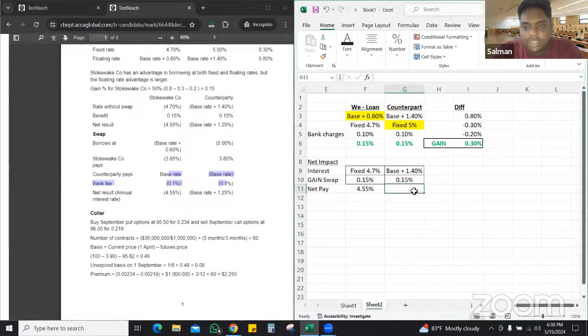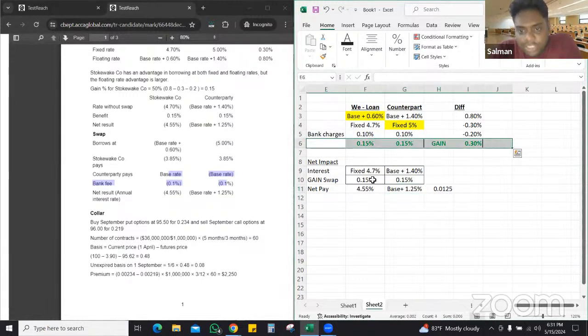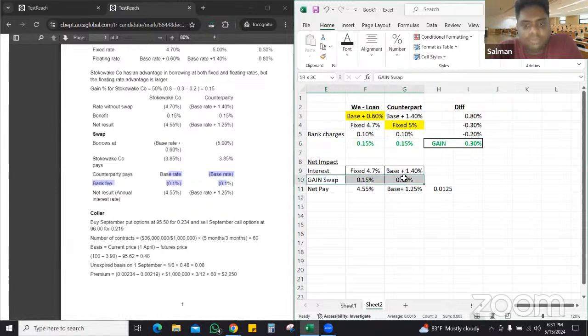Counterparty. Earlier, they paid base rate plus 1.4%, and now they are saving 0.15%. So now their expense will be base rate plus 1.25%. So this will be the net impact. Okay, so they say they want the answer in percentages. We computed the gain percentage, which is 0.5